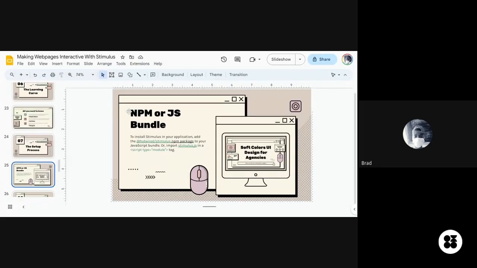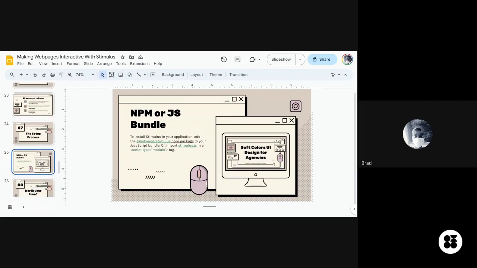So if you are a fan of NPM, or you are someone who goes with script bundles, you can go to the NPM website and get yourself a very good library. The slides will be shared, and also links to those things will be shared. But you can also go to the NPM site and just search for it.